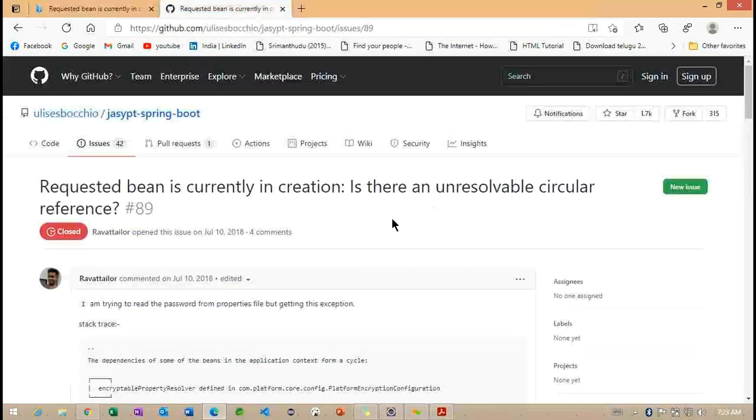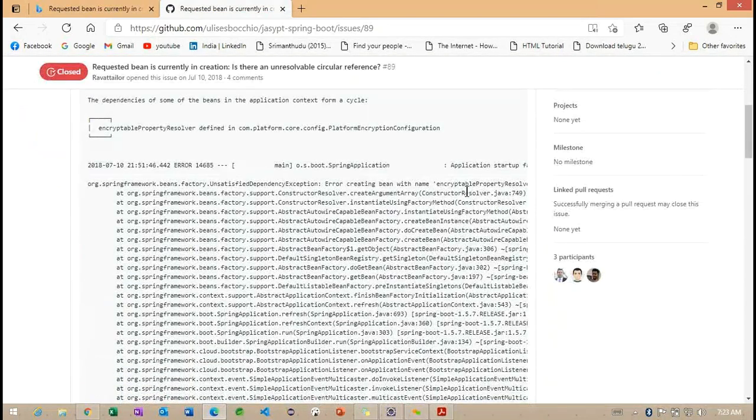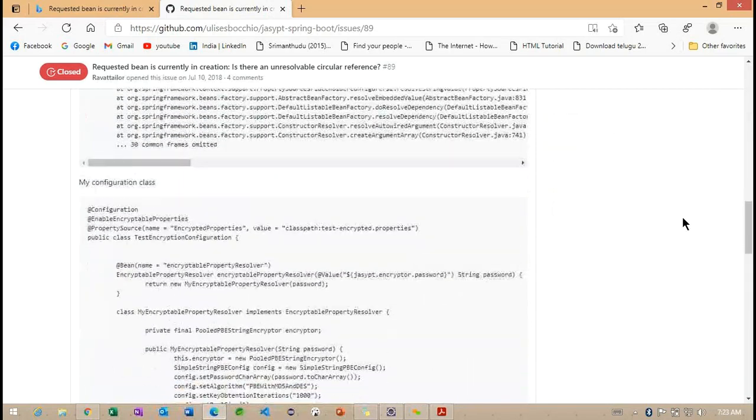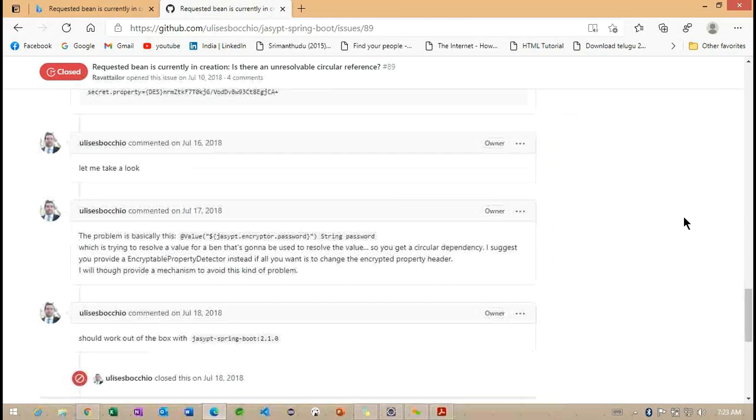Okay, we need to think. Trying to read the password property in my configuration class. This is a circular dependency, which is trying to resolve the value for the bean, and the bean is used to resolve the value, so you get a circular dependency. I suggest you provide the encrypt provider instead, if you want to change the encrypt property.